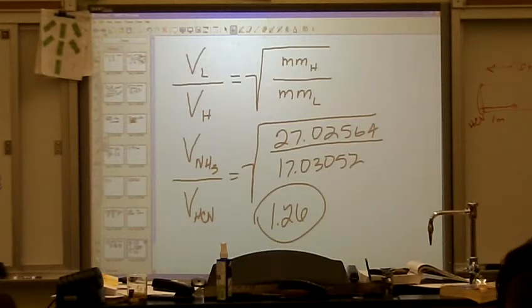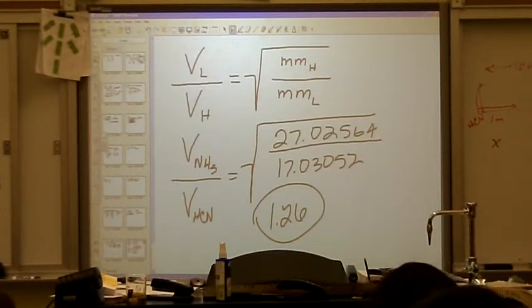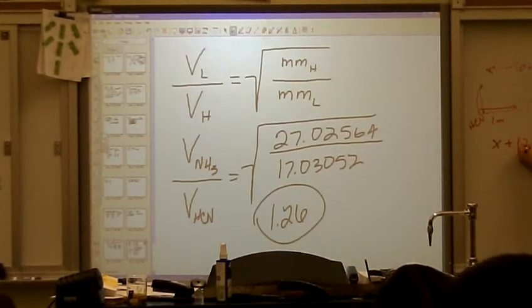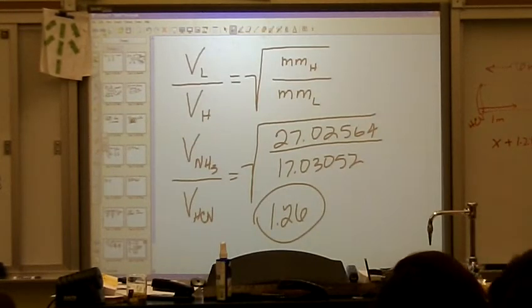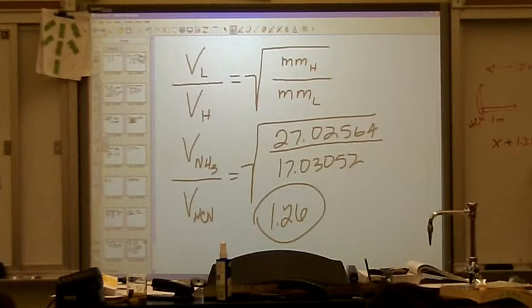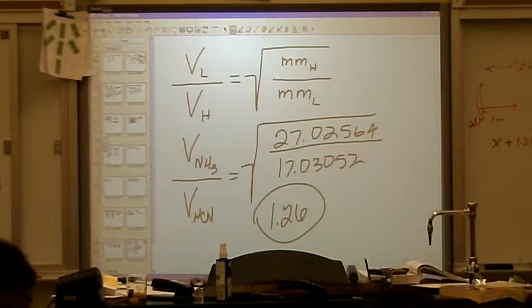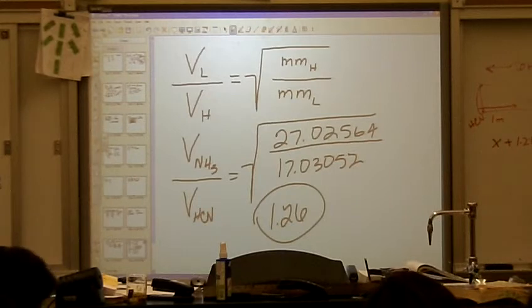Okay, you ready? Think about this. This is the distance hydrogen cyanide travels, and this is the distance that the ammonia travels. The total distance traveled by both of them can only be 6 meters. So if x is the distance traveled by hydrogen cyanide, the ammonia must travel 1.26 times x,